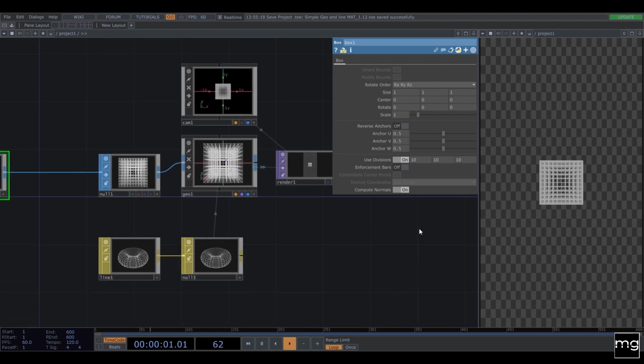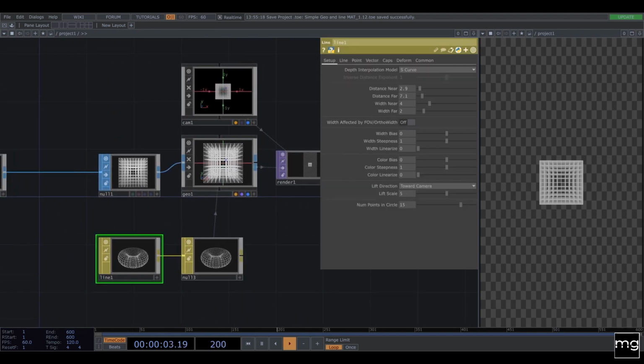And from here, what we're going to do is modify a little bit the line. So what I like to do is I'm going to move this only with the left button of the mouse. You can go, we're going to go just a little bit. So I'm going to go to 2.4, and distance far I'm going to